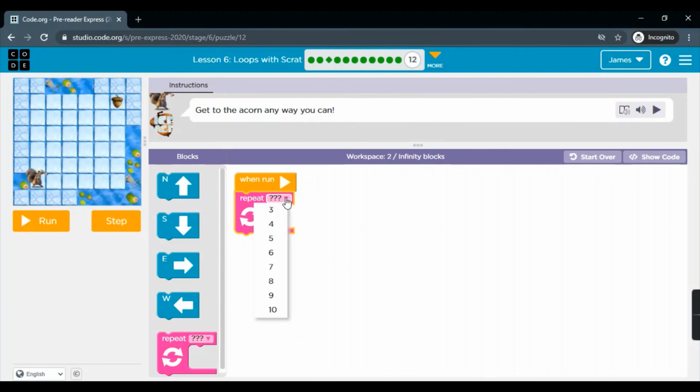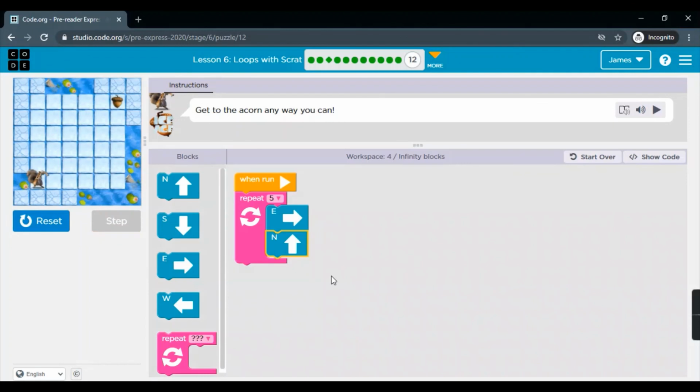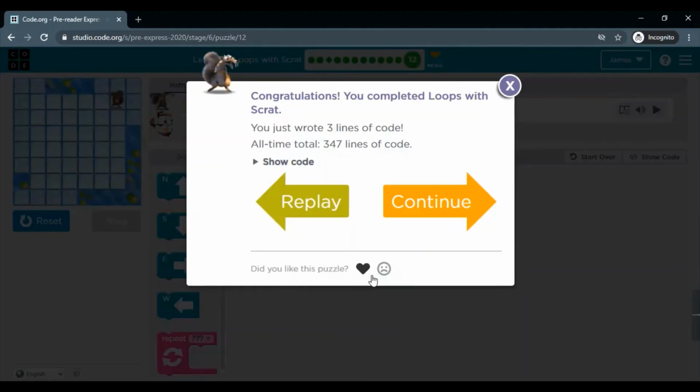So I'll put here 5 times, first east and then north. Okay, so I am using only 4 blocks. Let's run it. Hooray, Scrat gets the acorn.